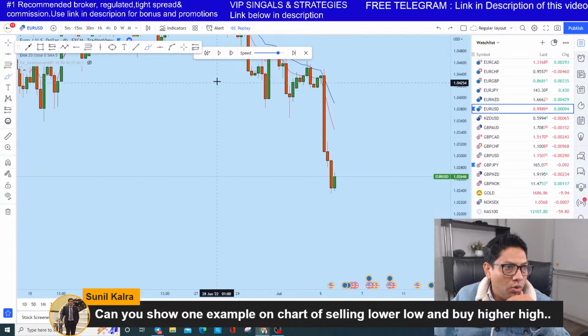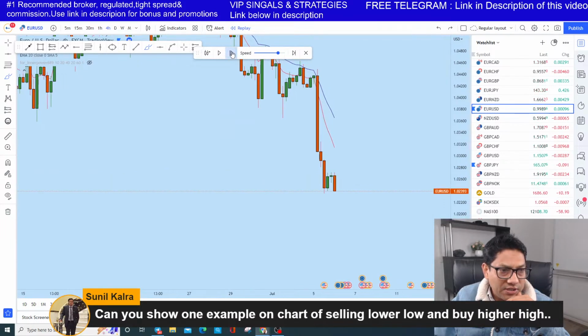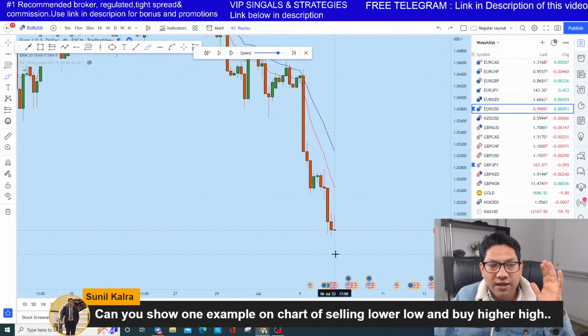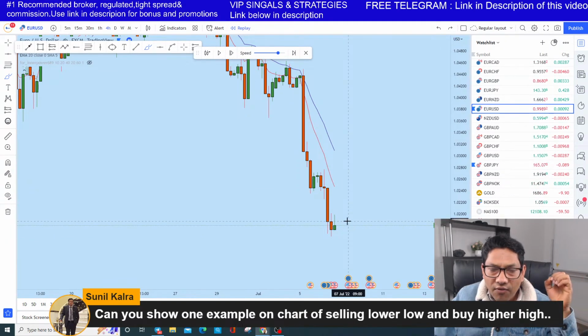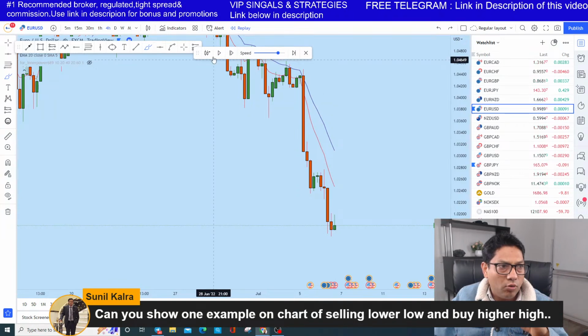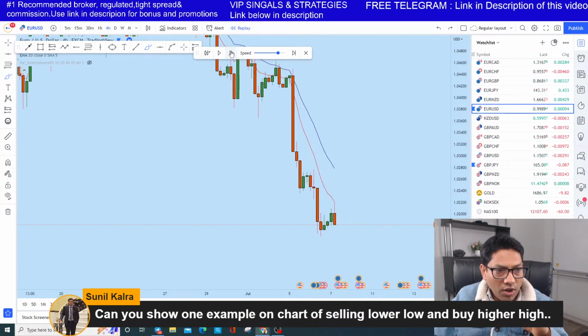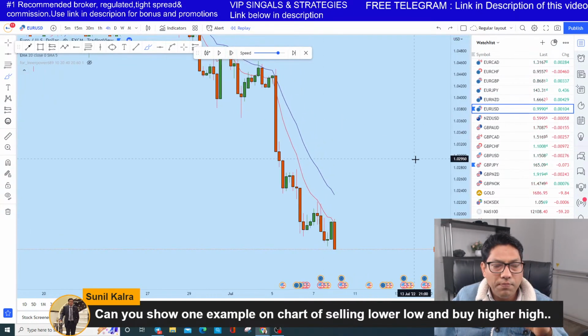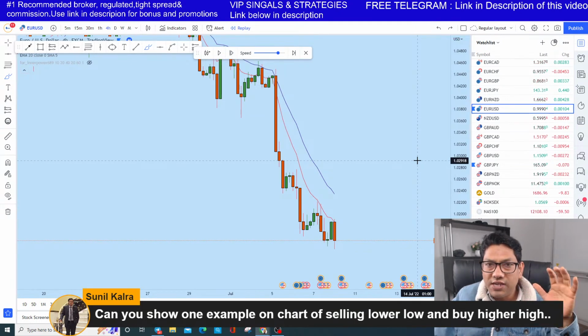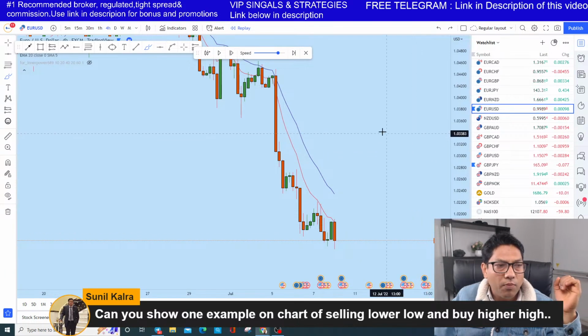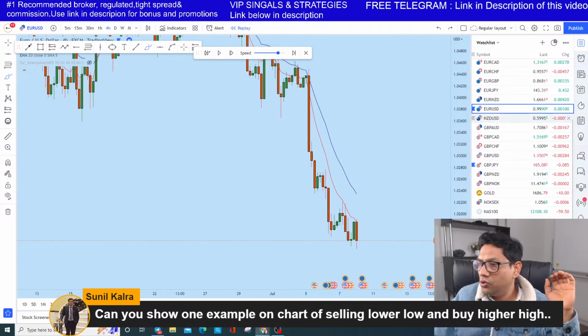So we could see something like that. But no, we'll see something like this. That is called selling from the lower low, the other way around. Even here, look at this. It's still strongly bearish, right? So that is called selling from lower low, buying from higher high. If you want to buy from higher high, just the other way around. This is important, guys and girls, that you understand it.